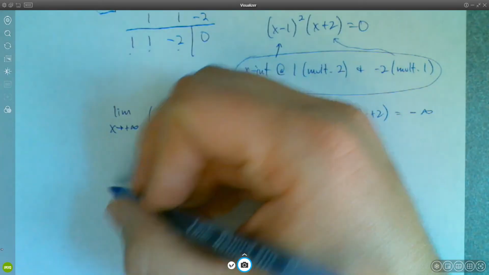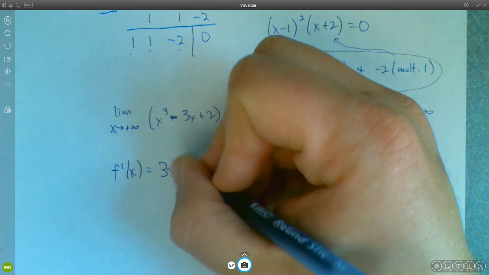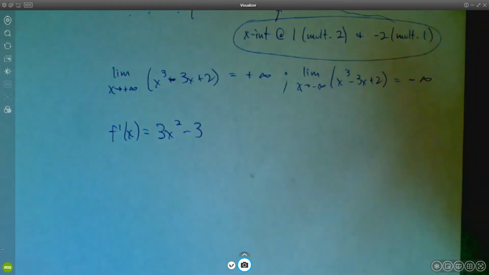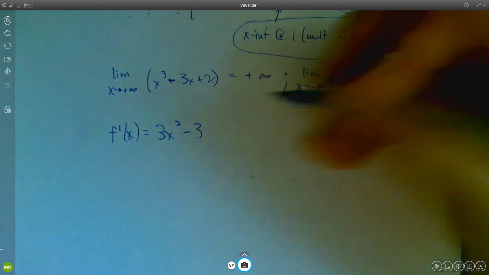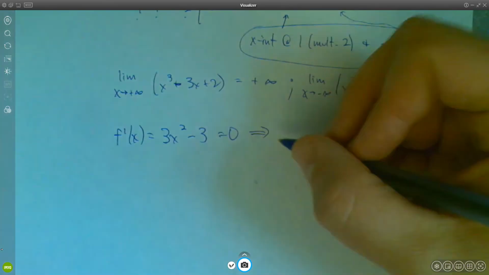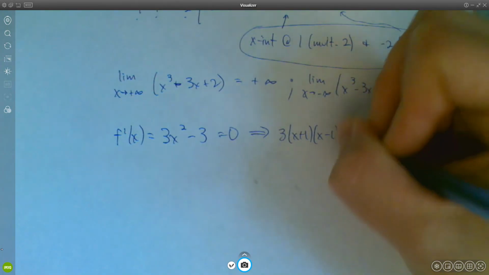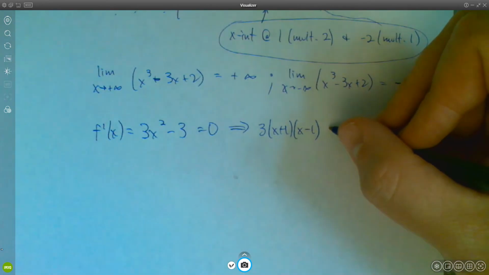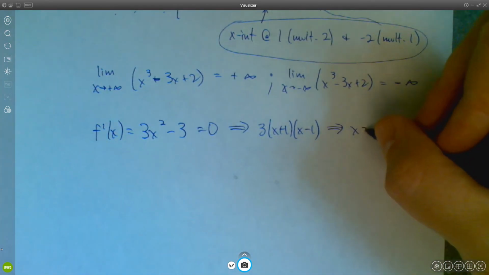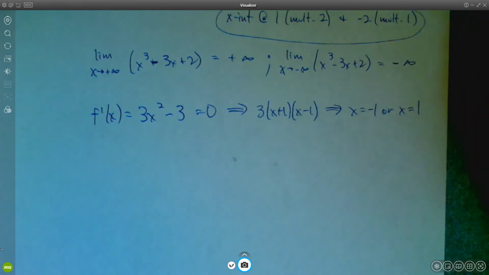So to do that, I'm going to take the derivative, right? I'm going to say f prime of x equals 3x squared minus 3. I'm going to set the derivative equal to 0, and then I'm going to solve. Man, we've done this one a lot, haven't we? This is 3 times x plus 1 times x minus 1. We must have done this one already. But anyway, we get x equals negative 1, or x equals positive 1. And now,